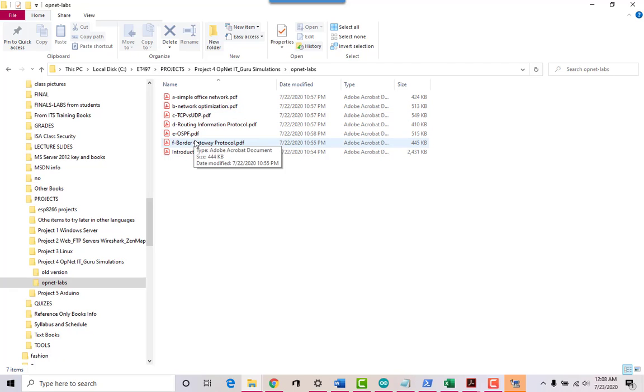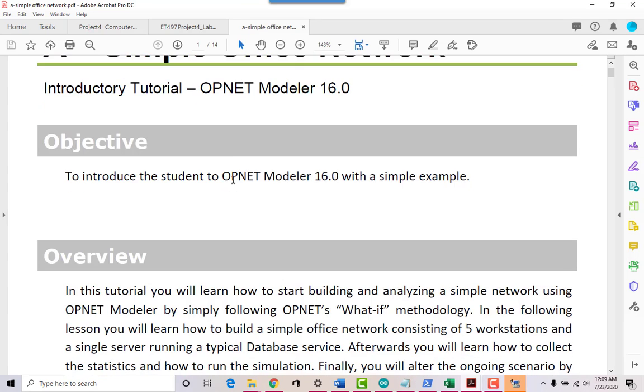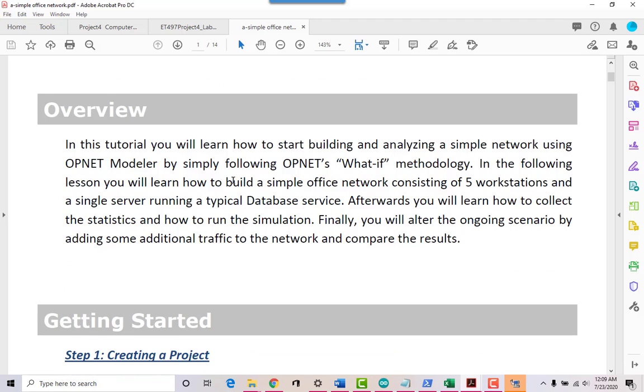You don't have to do all 6 because each one requires a lot of work. So pick 4 of these, create the 4, follow the instructions. For example, if you open up this one, let's say you're interested in this particular section A, all you have to do is follow the instructions here.